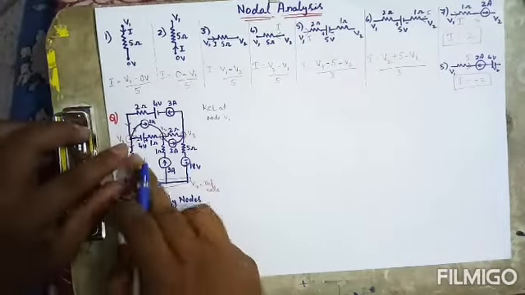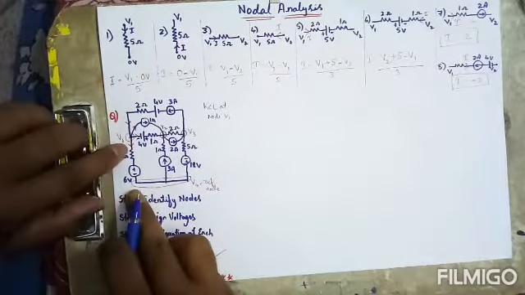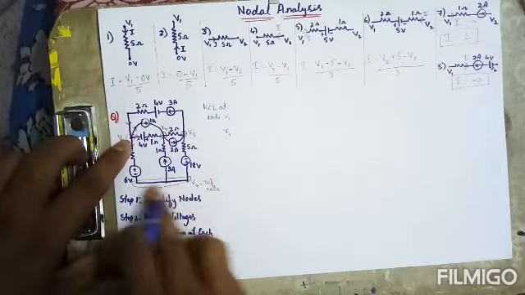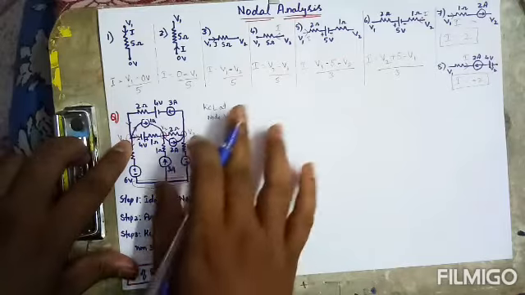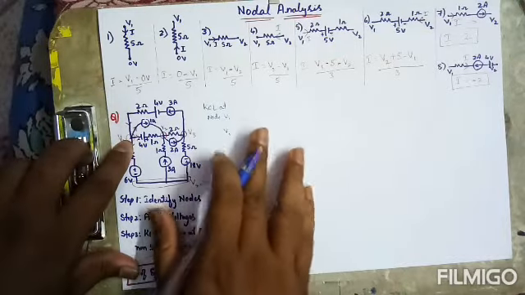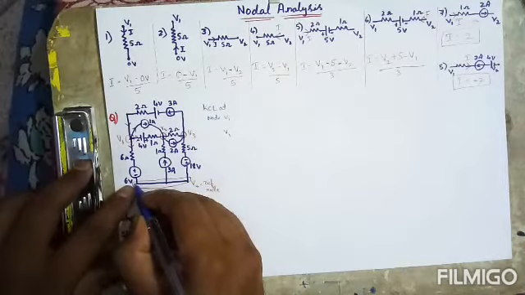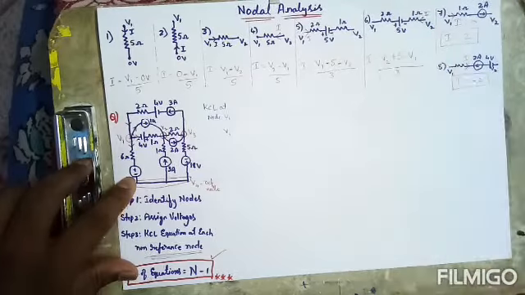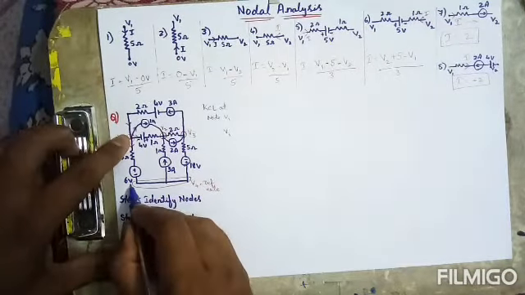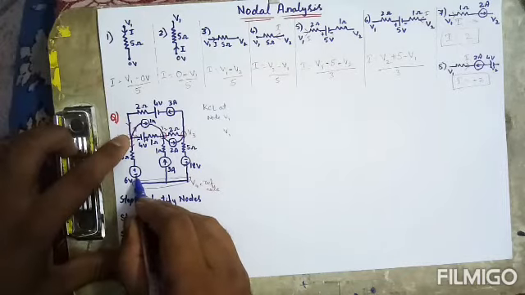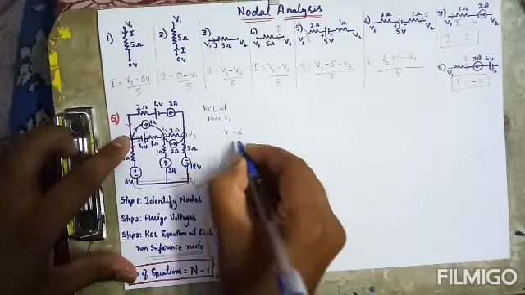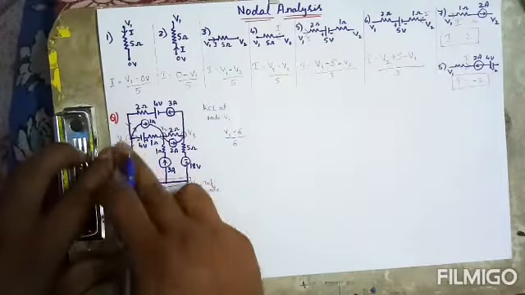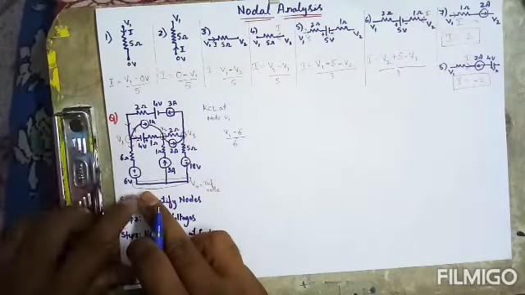So in this branch, what is the expression here? It is outgoing current. The current is leaving from this node, so I can write V1 minus the reference, which is 0. So V1 minus 0, I can just write as V1. But we have a 6 volt source in between. This is 0, but I have a source here. So this is similar to this point. We can write V1, and at this point I have 6 volt. So V1, this is the leaving point, so minus 6 volt, by the resistance 6 ohms. That is the expression for this branch. So V1, and here I have a voltage source.